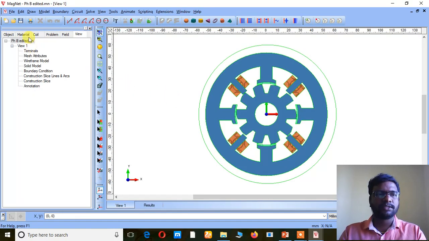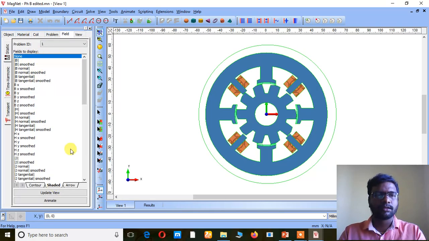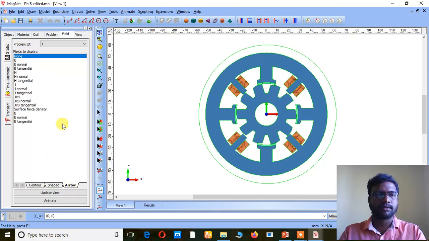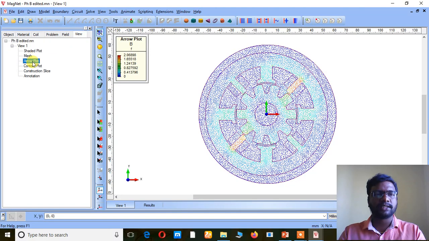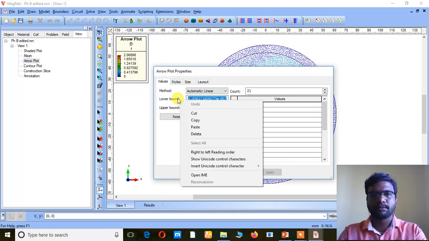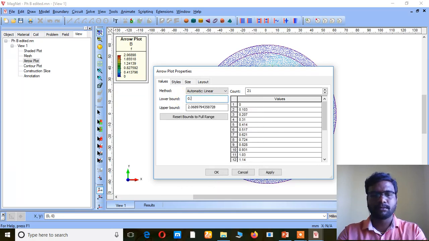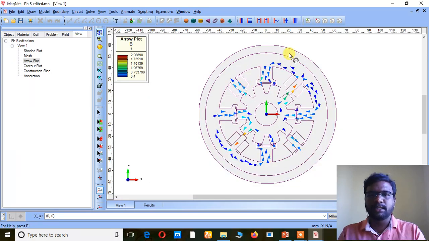Now if you see, with phase B, that is the next phase, there is no flux at the back end of the stator.